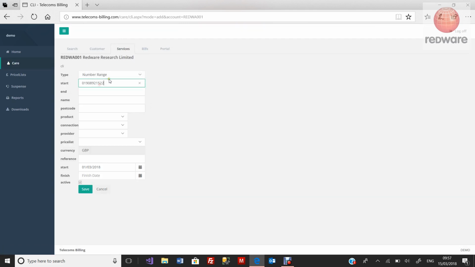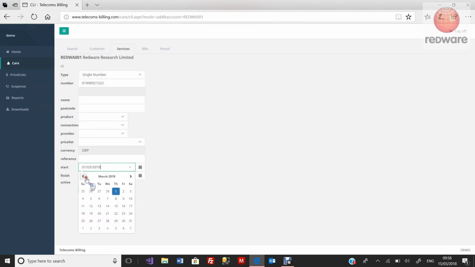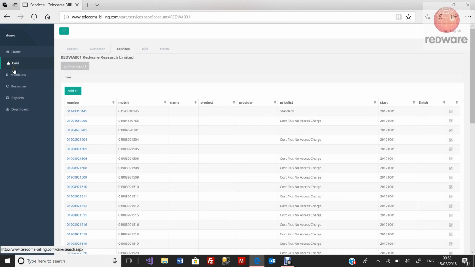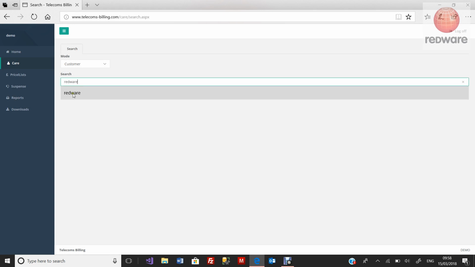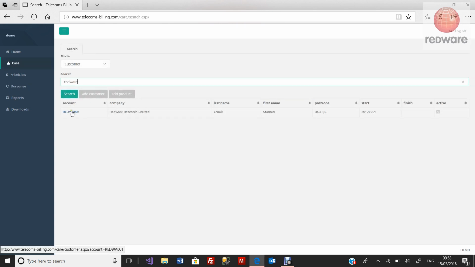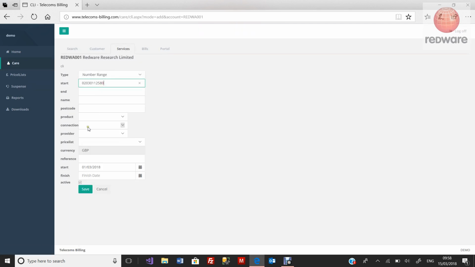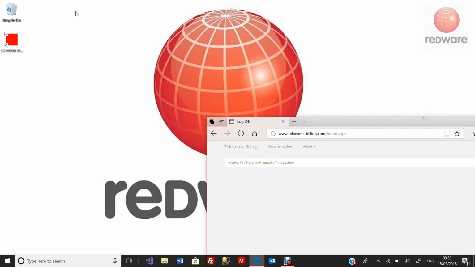There's different error messages that you'll get there. But we have to look at the manual to see what to do in each instance. And let's just look at the last one. So of course this suspense doesn't get resolved until you go back into the system and re-rate as the billing manager. But if we add those services in there, so as long as we've added the services correctly and set this date, okay, it should, next time we go to the software,